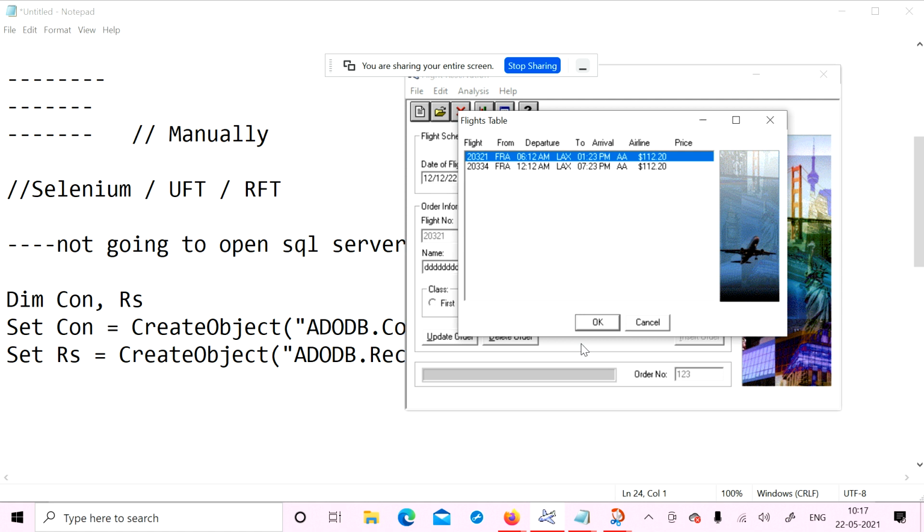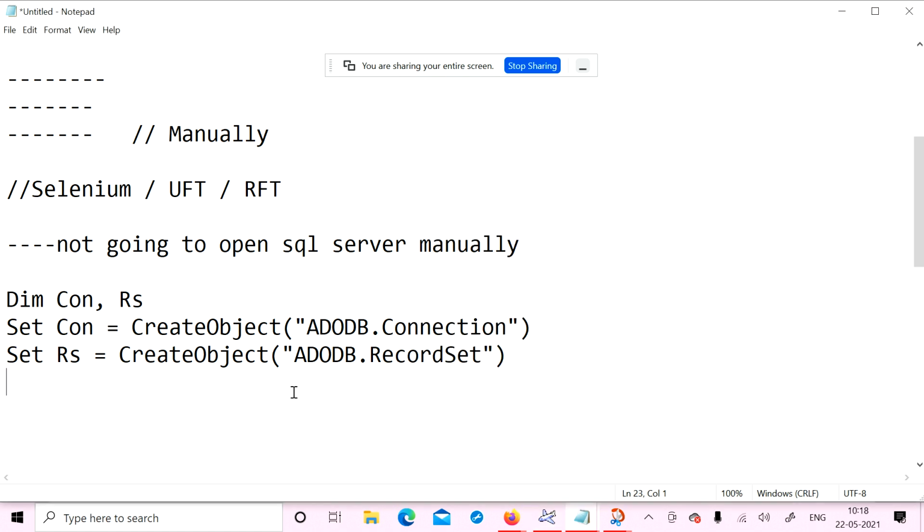Sorry, sir. Provider name for MS Access, or SQL, or Oracle. So do I have to provide the path? No, it's not a path. Provider name is different. It's like a syntax from the Microsoft Corporation or Sun Microsystems. Suppose the database is in MS Access, it has a provider name like a syntax. If the database is in SQL, it will have one provider name, related to SQL. Yes, sir.